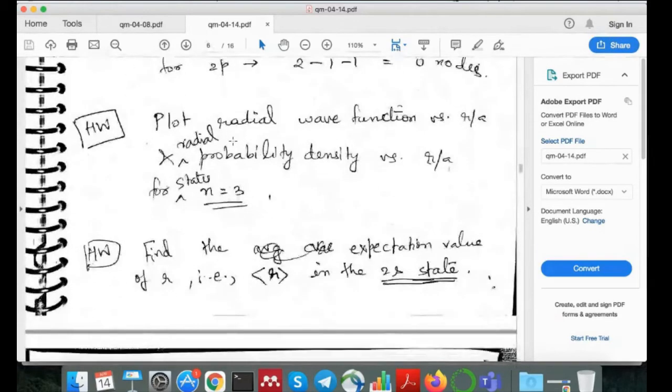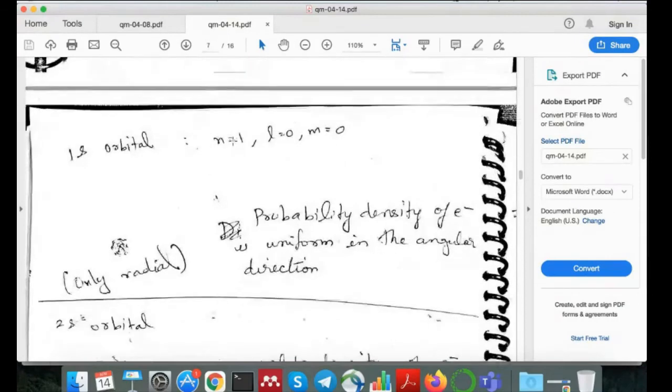So this is the radial part of the wave function. We have still not looked at the angular part, so we have to do that as well. Now, if you look at the radial part of the wave function and draw a cloud of electrons, because the probability density means wherever you have the probability of finding the electron, if you put points wherever you have finite probability of finding the electron, you will get a cloud of electron for the 1s orbital.